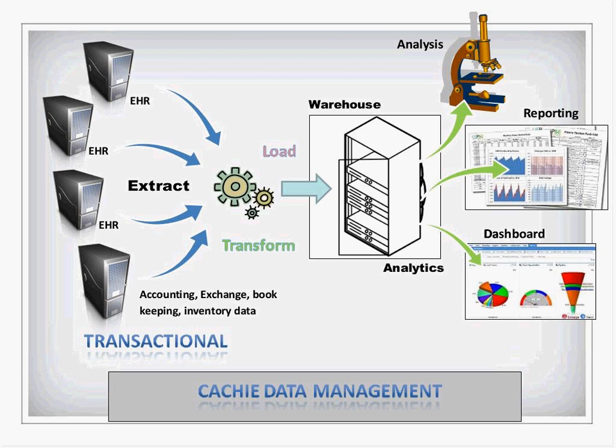What this means from the 30,000-foot perspective is that we're taking data that's originally transactional on the left side. So that's the transaction between the provider and the patient, or the provider and a lab provider, provider and insurance. We're taking that transactional data and converting it to an analytical database, where the former is optimized for data input, and the latter, the analytical database, is optimized for digging into the data, trying to figure out what we can learn from the data,